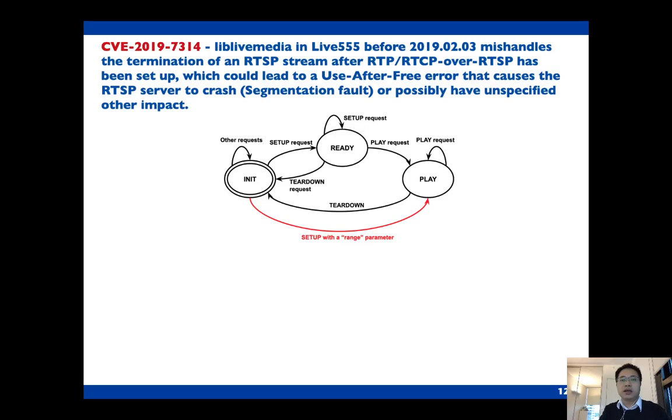One CVE is attributed directly to AFLNet's capability of doing stateful fuzzing. In this case, AFLNet managed to discover a new state transition as highlighted in red here, retain the message sequence, and do stress testing on that target state to trigger a use after free error. This kind of stateful bug is important and challenging to find.